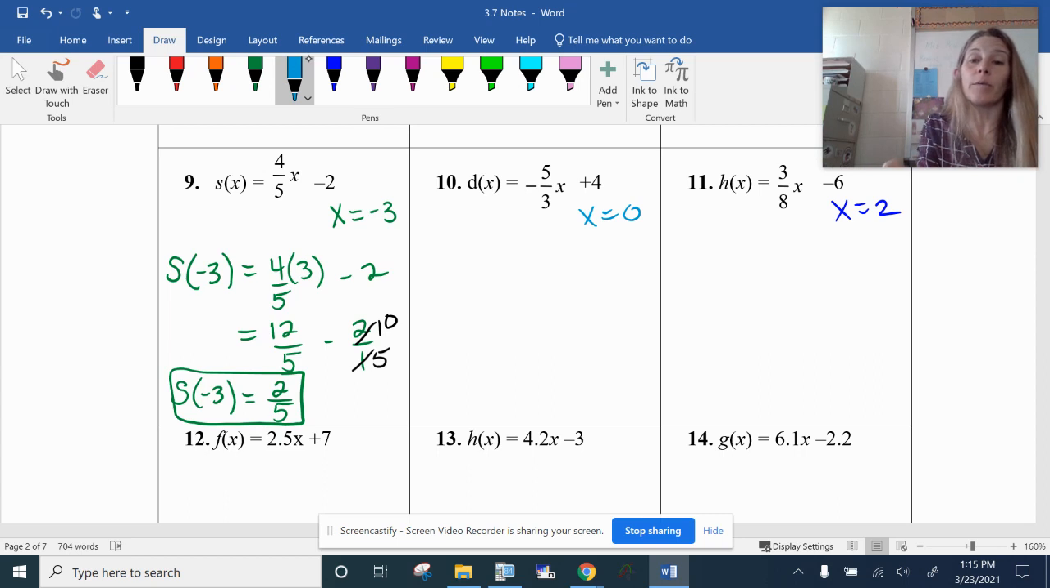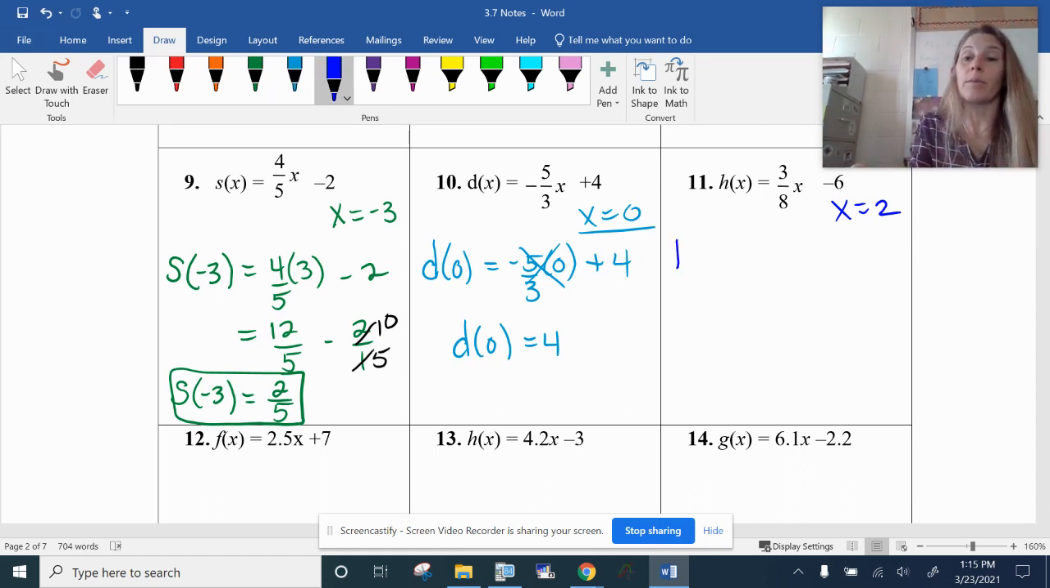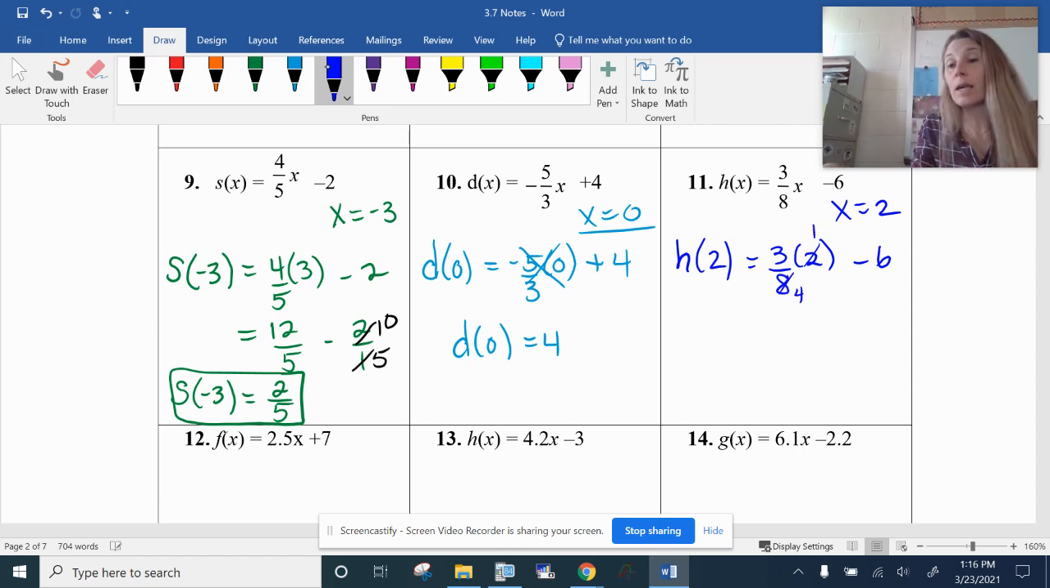Now for the next example, we're putting in x equals 0. So I'm going to do d of 0 equals negative 5/3 times 0 plus 4. Of course, anything times 0 cancels out, and so d of 0 equals 4. And in the third example, h of positive 2 equals 3/8 times 2. Now that can actually cross reduce or cancel a little bit, so I get h of 2 equals 3/4